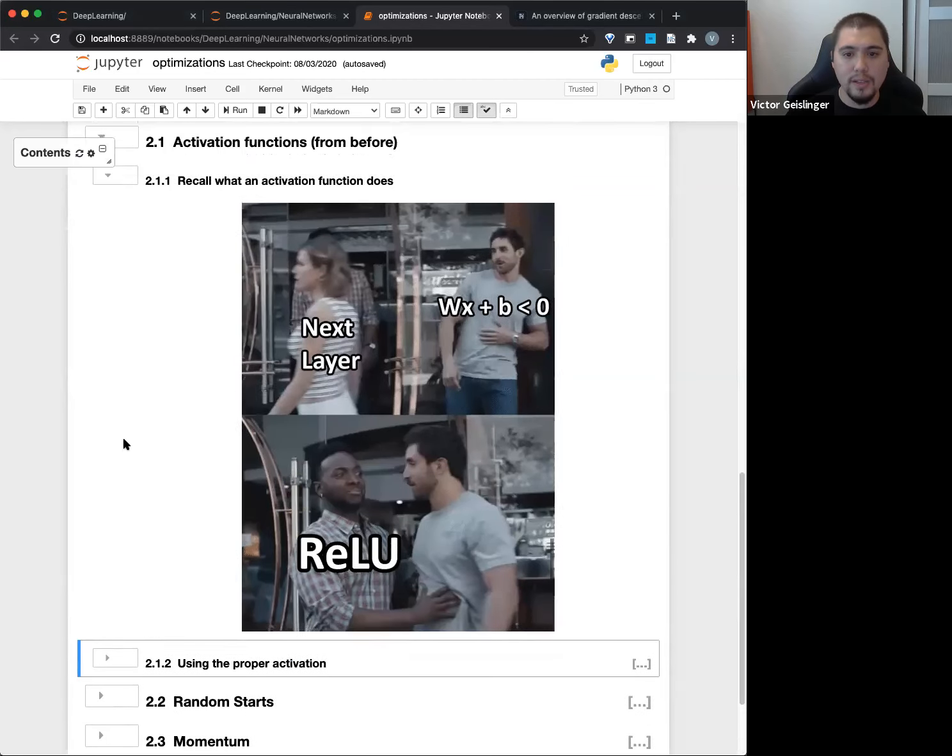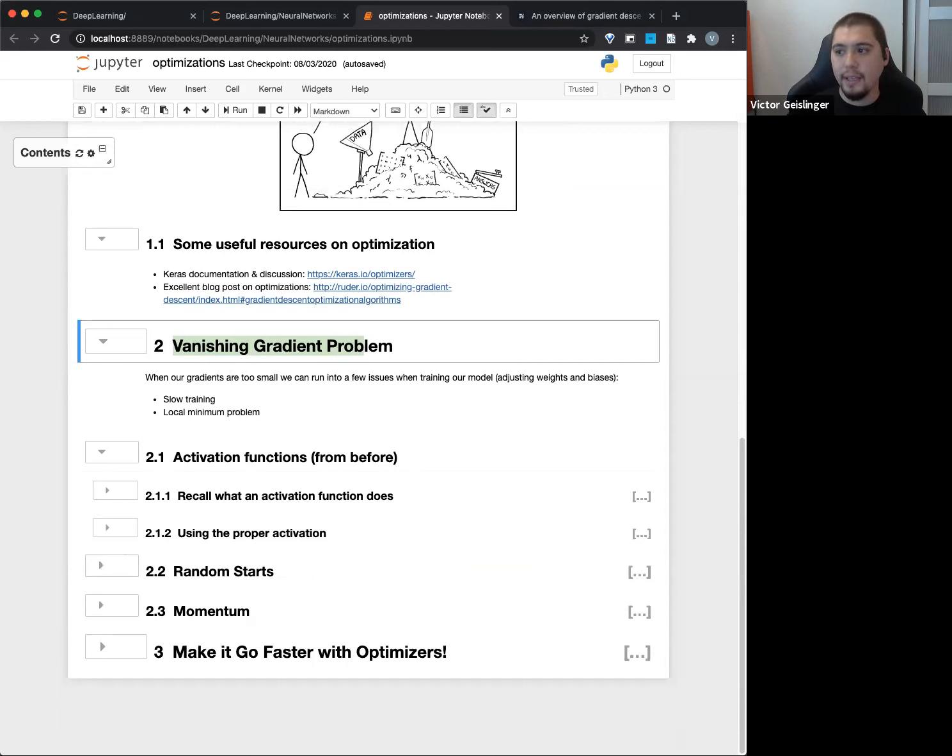Another way to try to avoid the vanishing gradient problem is having random starts. The reason the vanishing gradient problem is an issue is that we get to a point where the gradient's so small that we're just stuck. Imagine a hill, and when we do gradient descent, you're like a ball rolling down the hill. If it's really steep, you're going to find the bottom pretty quickly. But if it's a really long stretch that's almost flat but not quite, you would expect to eventually get there, but your ball is going to move forward very slowly.